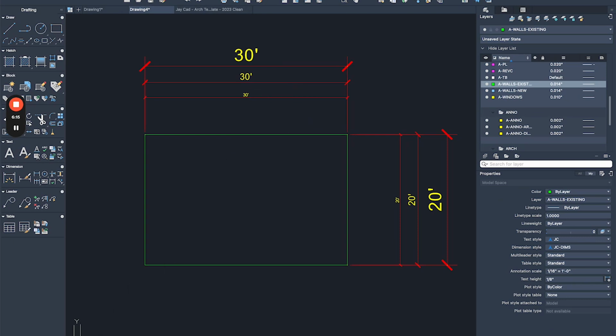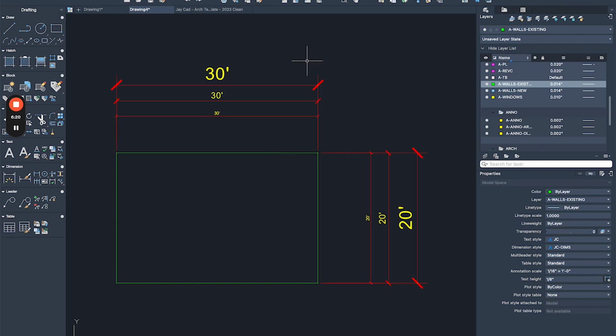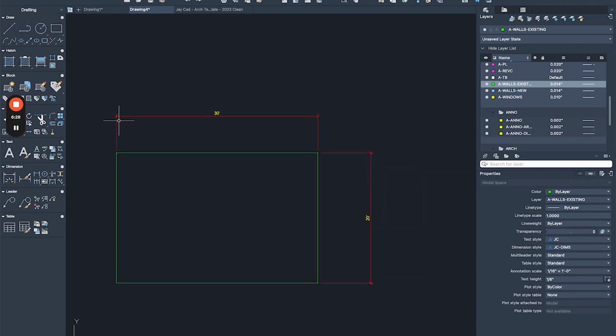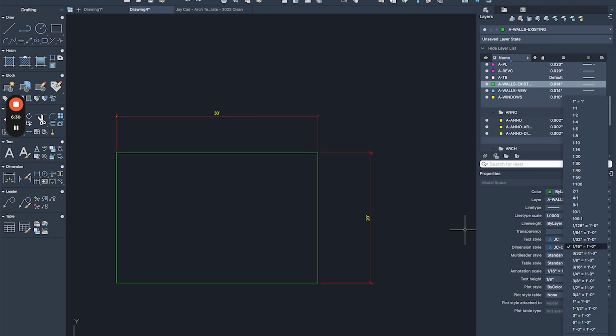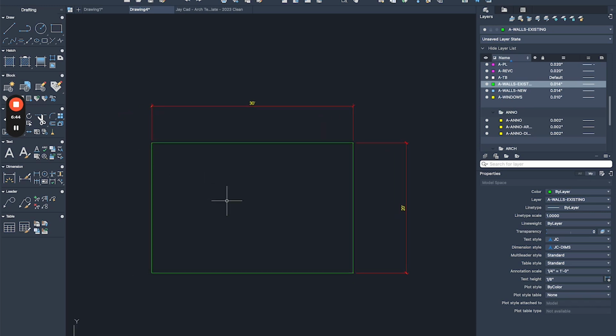We use this within the model space, okay, and that's where it's going to work, and it's going to be really handy. This is one of the ways to work with dimensions, but again, the purpose of this video is literally to show you how I personally work and how I taught my team to work and use our drawings, okay? So now we'll switch back to 1/4 inch because when I draw floor plans, I'm always working in the 1/4 inch scale because this is kind of the standard in the industry. If the floor plan is too big, you can use a different scale to accommodate, but for the most part, the easiest scale to read on a construction site is really the 1/4 inch scale,